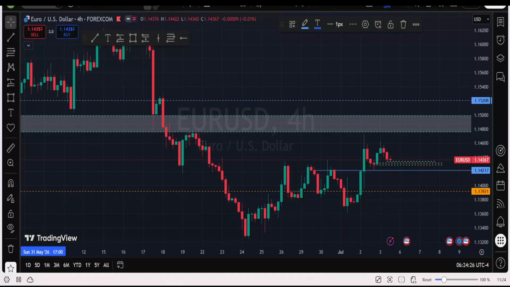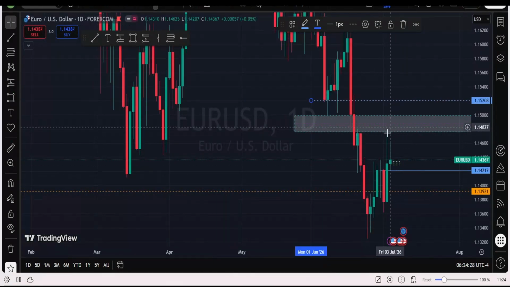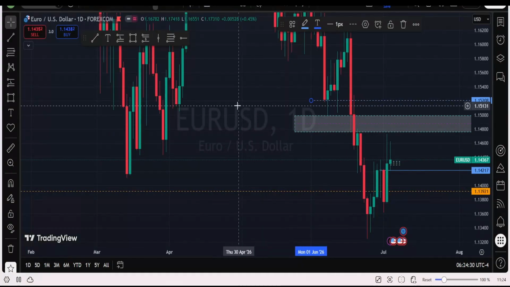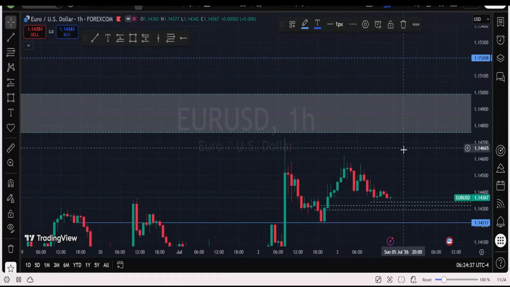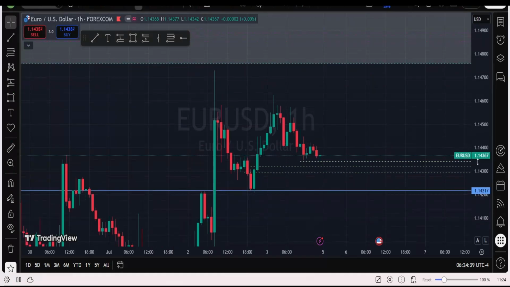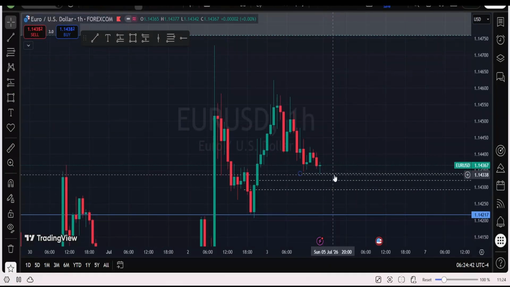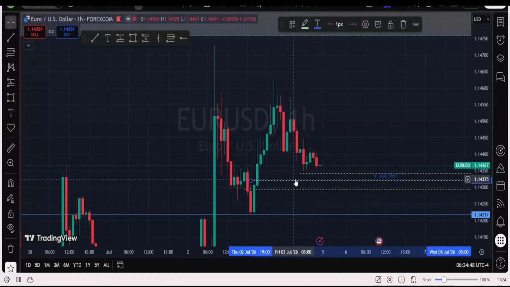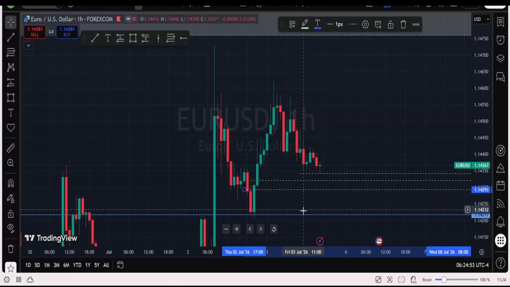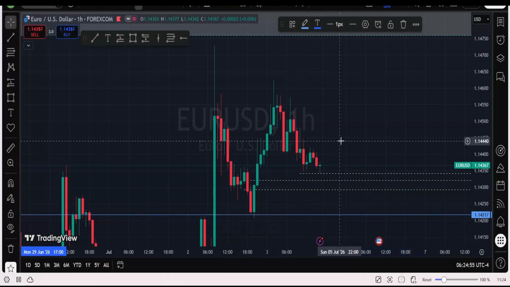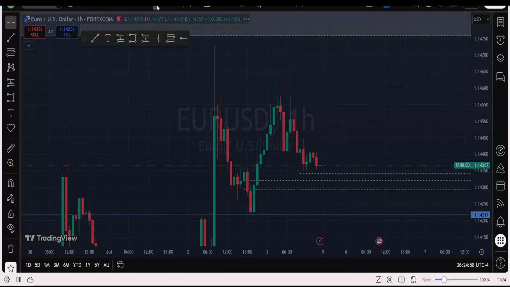So where are the areas liquidity lies for us to get to this level? If we drop on a lower time frame, the story remains that we want to see price running out liquidity on this level to continue to get to this level. So these are the areas we've mapped out liquidity pools. Liquidity lies on this level. Price might run to this level or even get back to this level, which is an order block on the daily time frame.